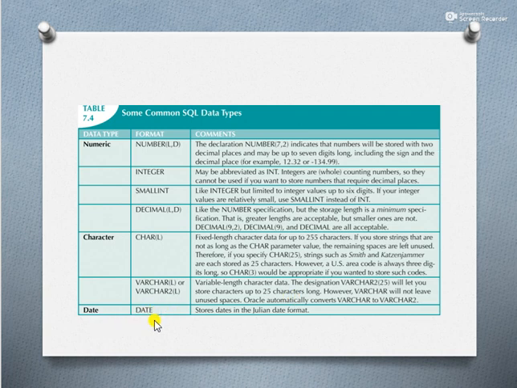For date, we have the date data type, which is used to store dates in Julian date format. A Julian date is sometimes used to refer to a date format that is a combination of the current year and the number of days since the beginning of the year.